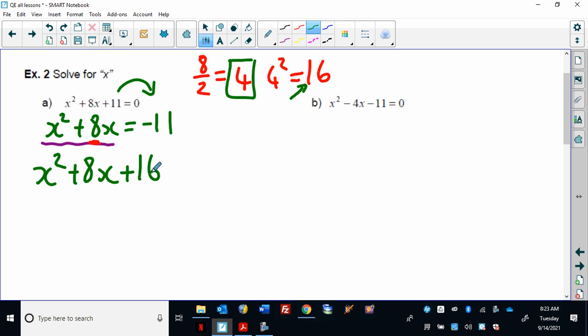Add 16 equals negative 11 plus 16. Now at this point, we've created a perfect square trinomial right here. There it is. And what do we do? We factor that perfect square trinomial. And if you've done it correctly, it's always going to work out to be an easy factoring, because you're going